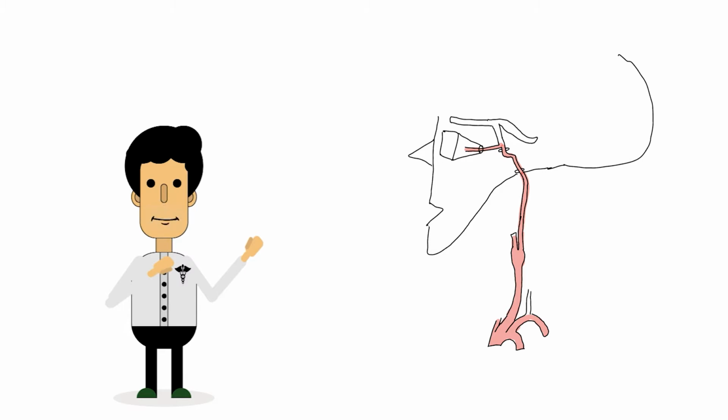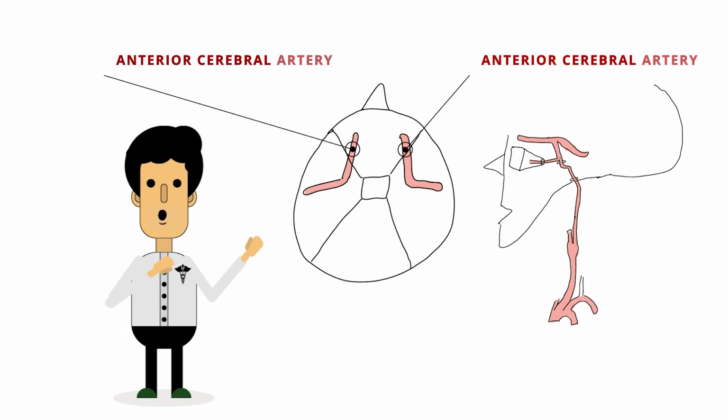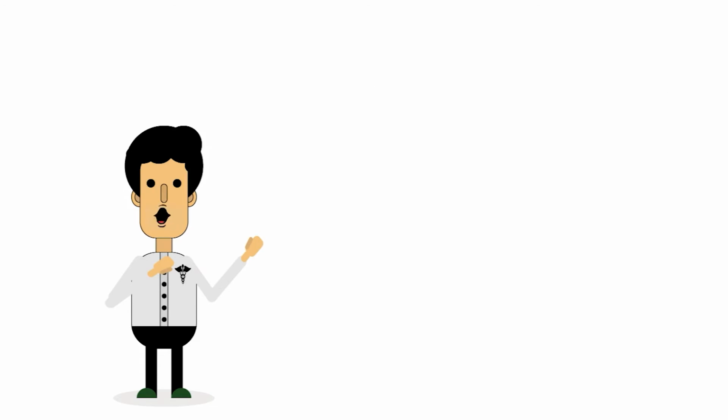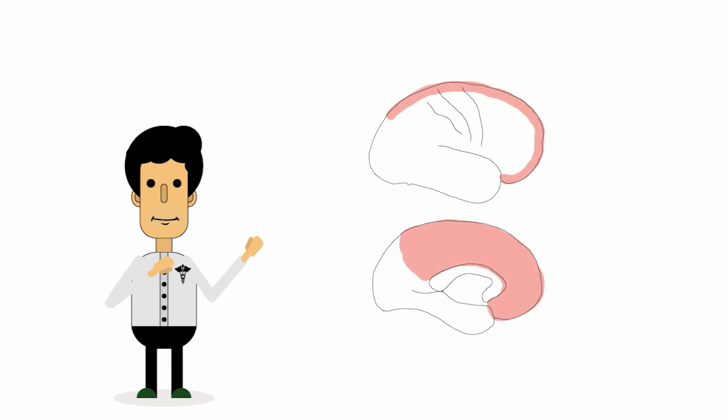The anterior cerebral artery is the smaller terminal branch of the internal carotid artery. It runs forward and medially superior to the optic nerve, and enters the longitudinal fissure of the cerebrum. It curves backward over the corpus callosum and, finally, anastomoses with the posterior cerebral artery, and supplies this region of